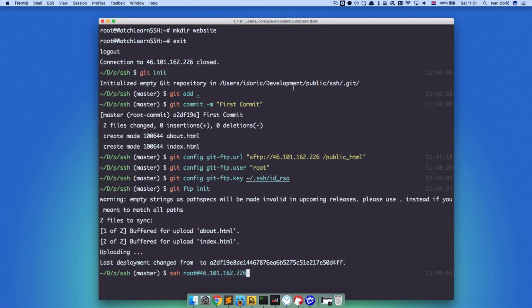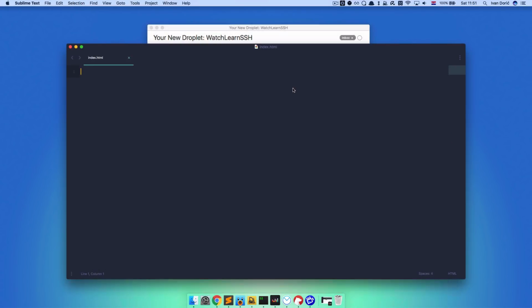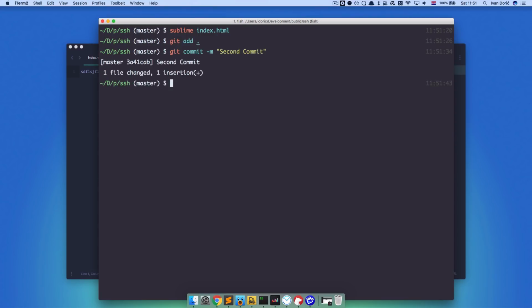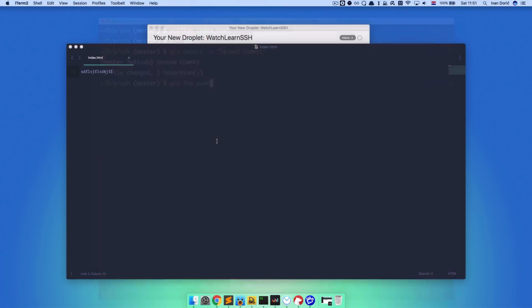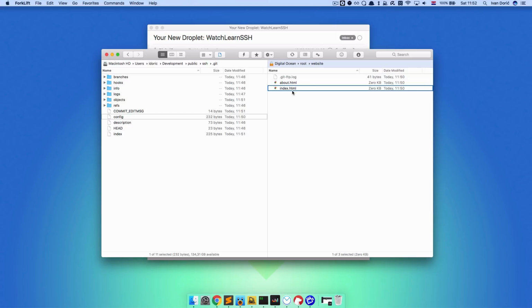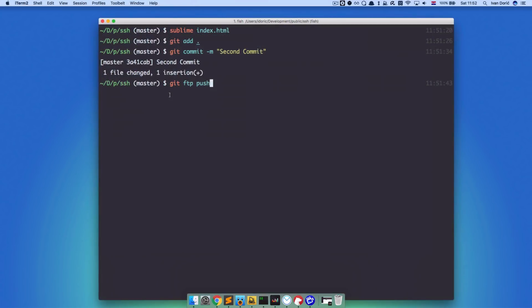So if I do something like Sublime index.html, make some changes in it, save it, go git add, git commit. So this is going to be our second commit. And now I don't use git ftp init, but I just use git ftp push, right? So before I do that, I just want to show you something. If I go to my server and go to the index.html file, open it up in Sublime, as you can see, the file is empty. But if I do git ftp push,